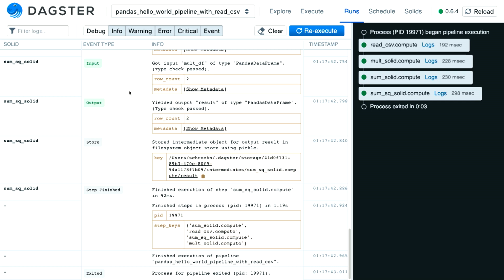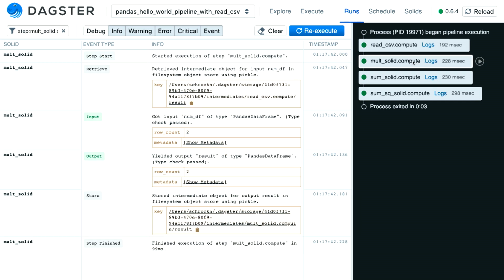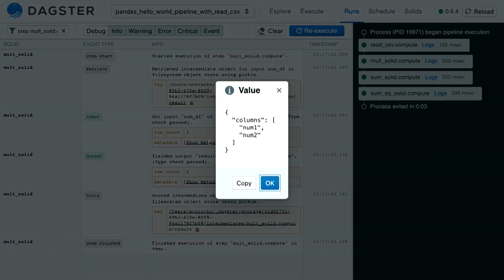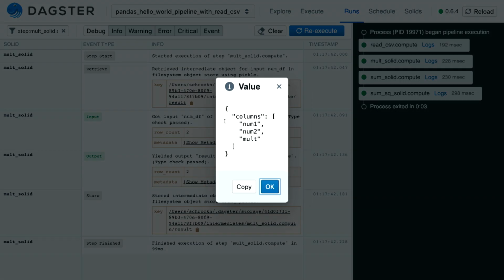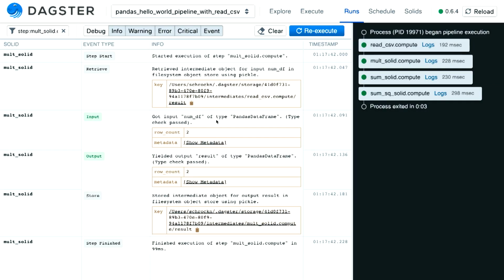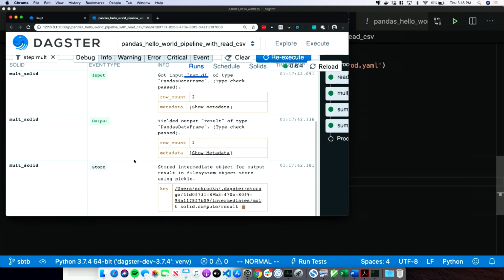But for example, one of the values of our type system is that it does a type check, which is a function, but you can also yield meta information about the value that passed through it. It's totally user pluggable, but in this example, we do something simple where, let's say, I want to click on this multisolid. Okay, we just filtered down the events to that, and now we can see, hey, at this input it had 2 row counts, and we can see what columns it had, and then at the output it had these columns, et cetera, et cetera. So this is really useful for understandability and debugging.